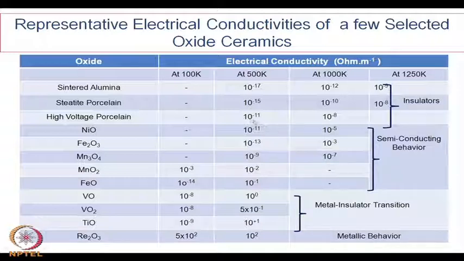briefly earlier. For example, sintered alumina, aluminum oxide, is a highly insulating material. So also the complex compounds like steatite type porcelain, magnesium silicate, which is very extensively used in industry as an insulator. Then of course, the so called high voltage porcelain, which is used in transmission lines. All of them are highly insulating materials, and there are some data you can see at 500 K and 1000 K,